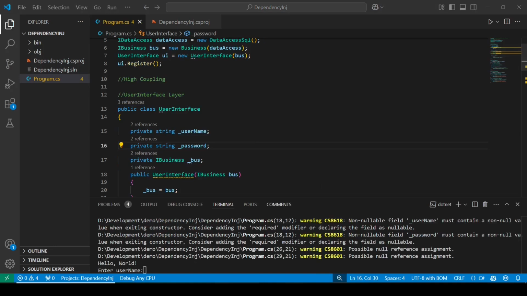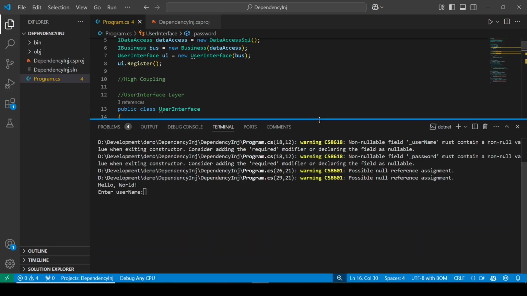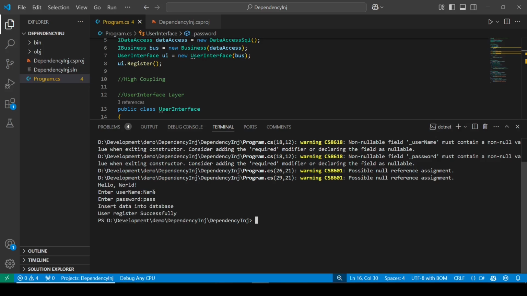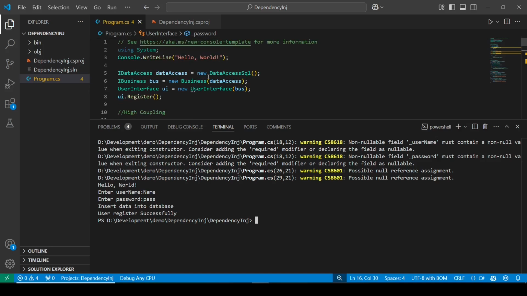Okay. So our program has started, and here you can see it is asking for the username. So let's give the username and then password, and it prints the insert data into database and user registered successfully. So we successfully created the object outside of the classes and injected the constructor. However, we are still using a new keyword